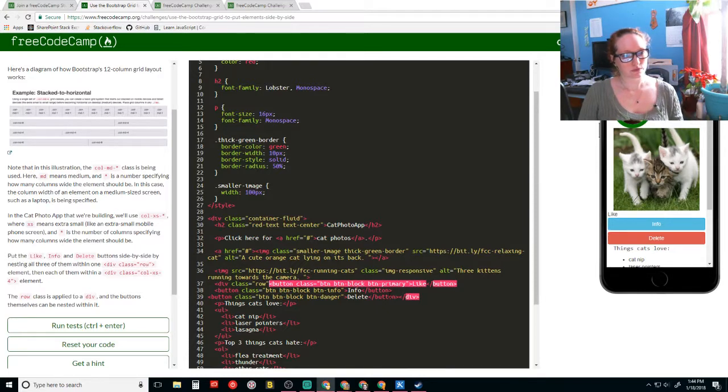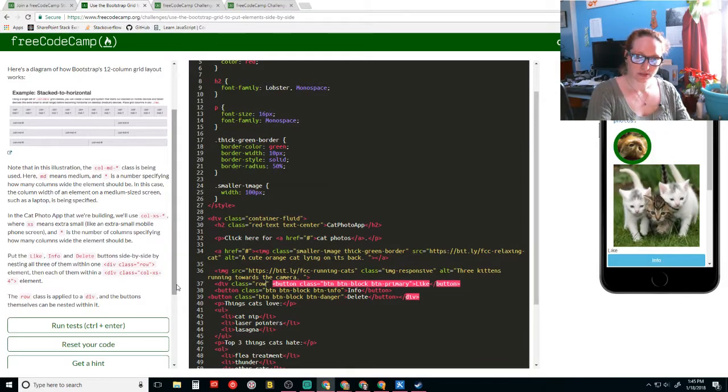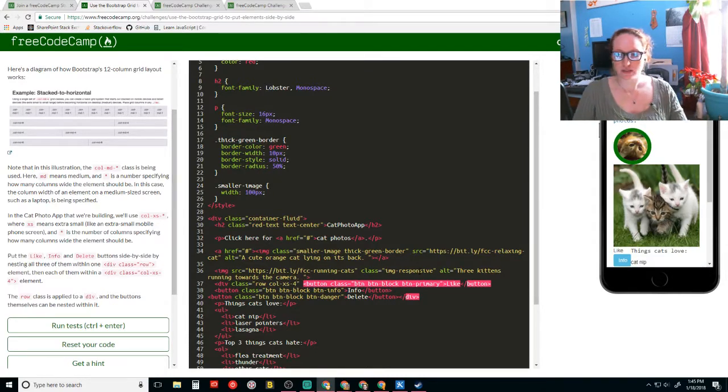Row. Yes, and then, no, it's inside here. Column XS4. Why isn't it on the same row?